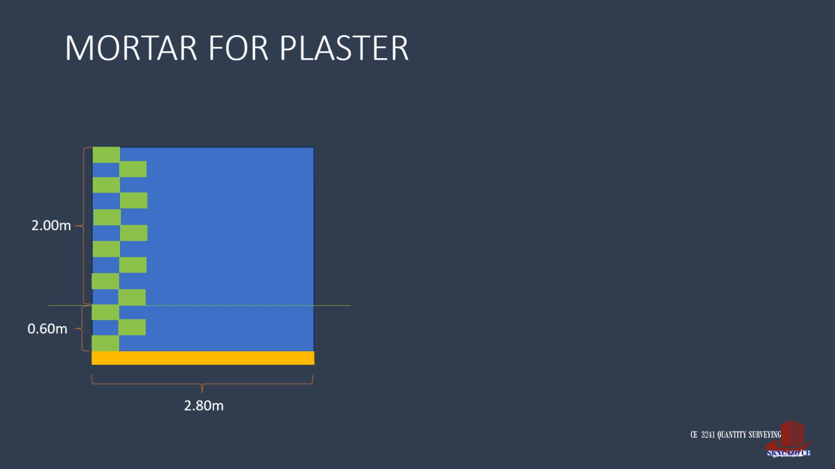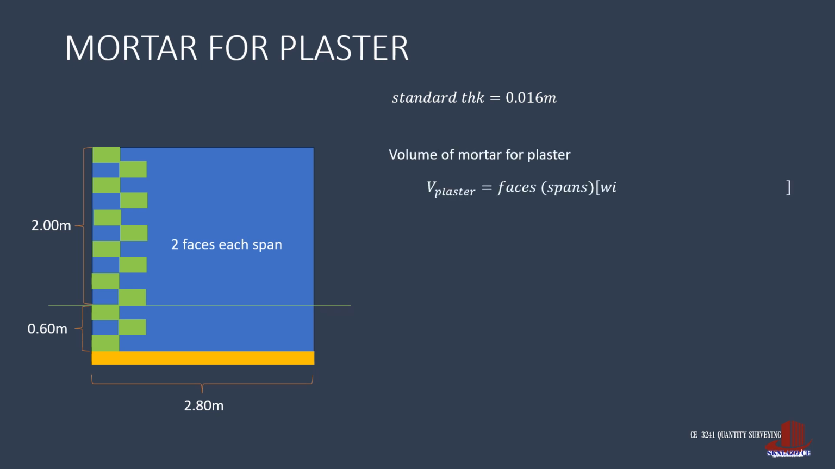The last masonry component is for plaster. Using one span of the fence, check the change in height for plastering, as we don't need to plaster the layers embedded under the grade. The standard thickness of plaster is 16 millimeters. Thus, the volume of mortar for plaster is then solved as the number of faces times the number of spans multiplied by width, thickness, and length. The plaster volume is then 2 faces times 4 spans with 2 meters height times 16 millimeters thickness and 2.8 meters length. The volume is simplified as